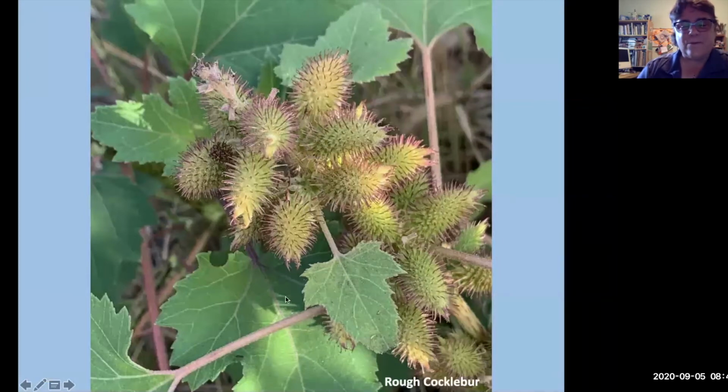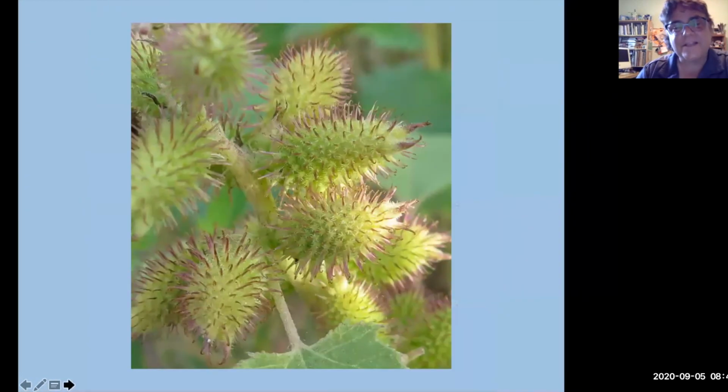This is rough cocklebur. It's rough because if you feel this plant, it feels like sandpaper. But what's the coolest is the seeds, because the seeds, look at how beautiful that is. Look at all those little spikes. And then you see all these little hooks. This was the inspiration behind Velcro. If you go buy this one, it's going to stick to your clothes and you're just going to have to peel it off just exactly like you do Velcro.